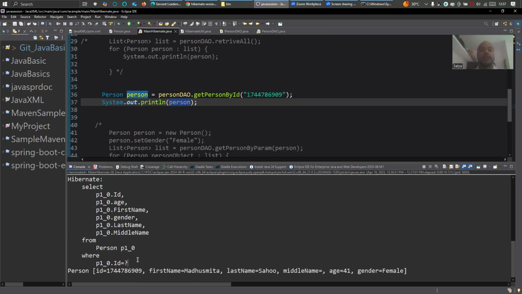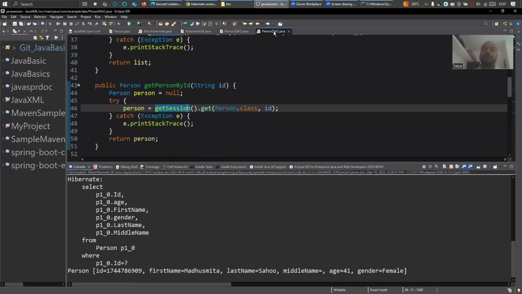So now our headache is not there to create the query. We just need to call the method and say which table and which ID. That's all, right? We're not creating any query. That headache is gone from the developer side. So the developer needs to concentrate on how to create the best logic to get the information in the best